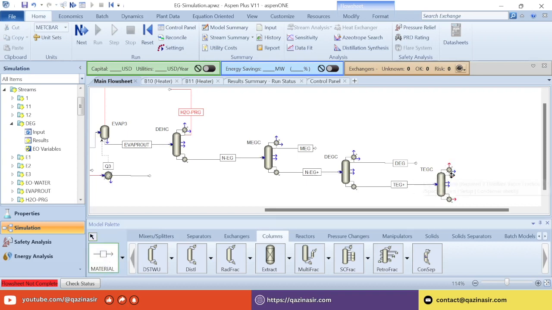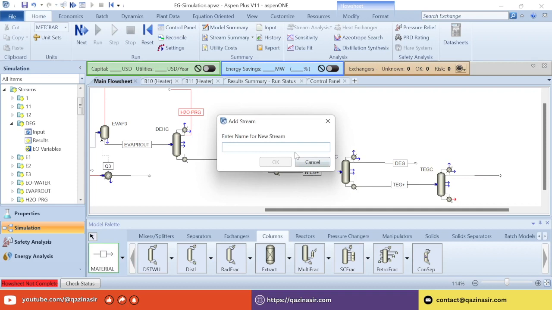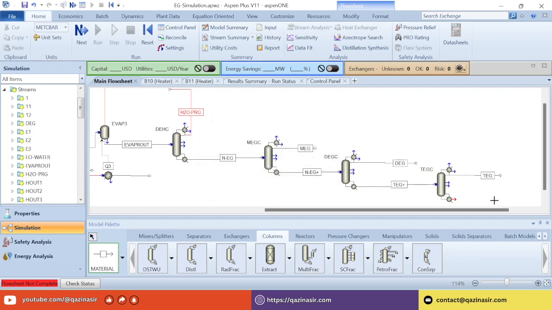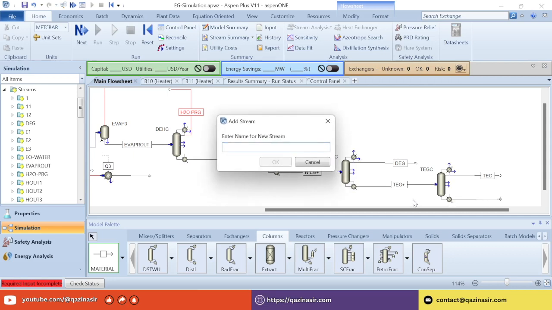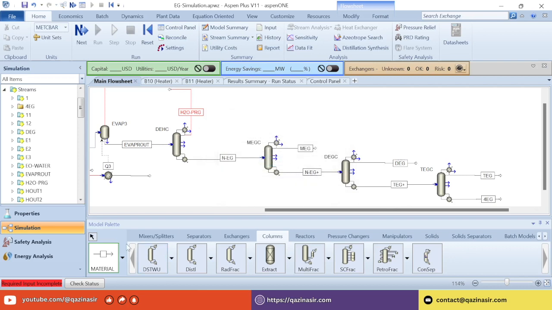We have one product on the top that is called DEG, and the bottom stream which is called OEG. Right, after this we need to provide the information for